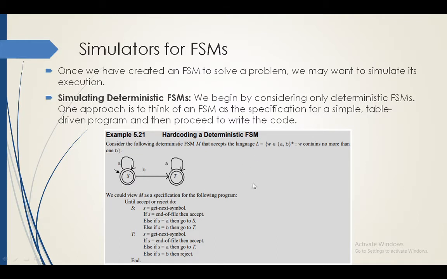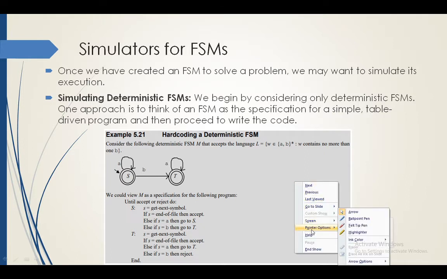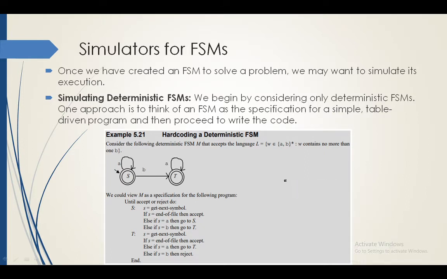So first we write the valid strings in the language. Here the valid strings in the language are epsilon, A, which is also okay, next AB, next BA. Check that the occurrence of B is only one time. Next ABA are the valid strings here. So when you reach the start state, you are going to check whether it is the end of the file, then accept.